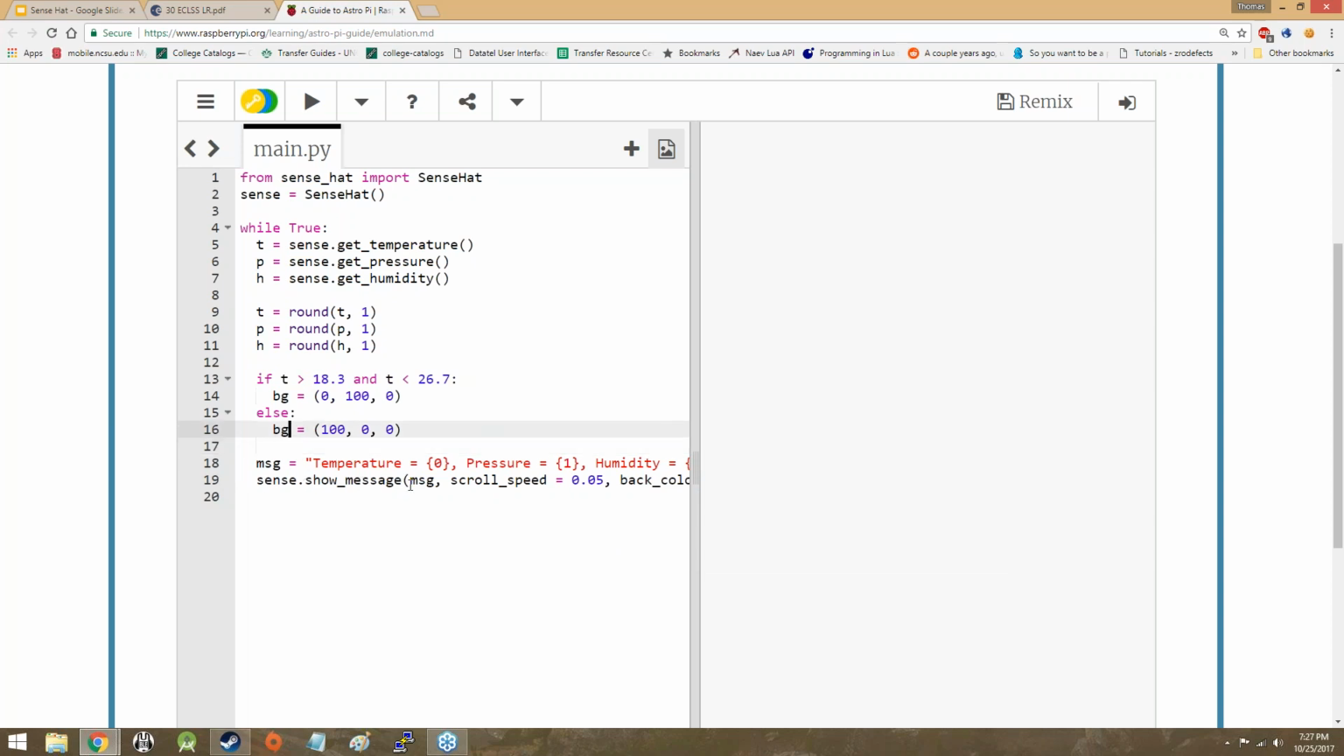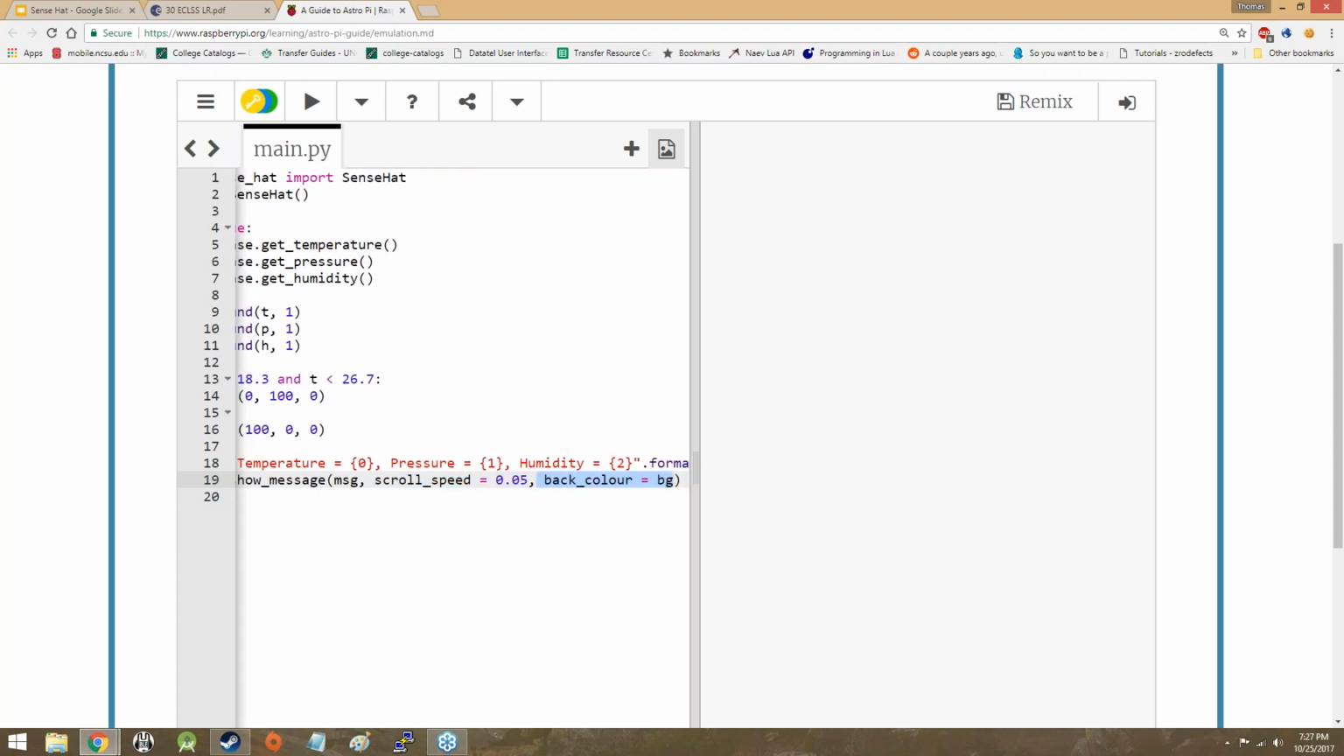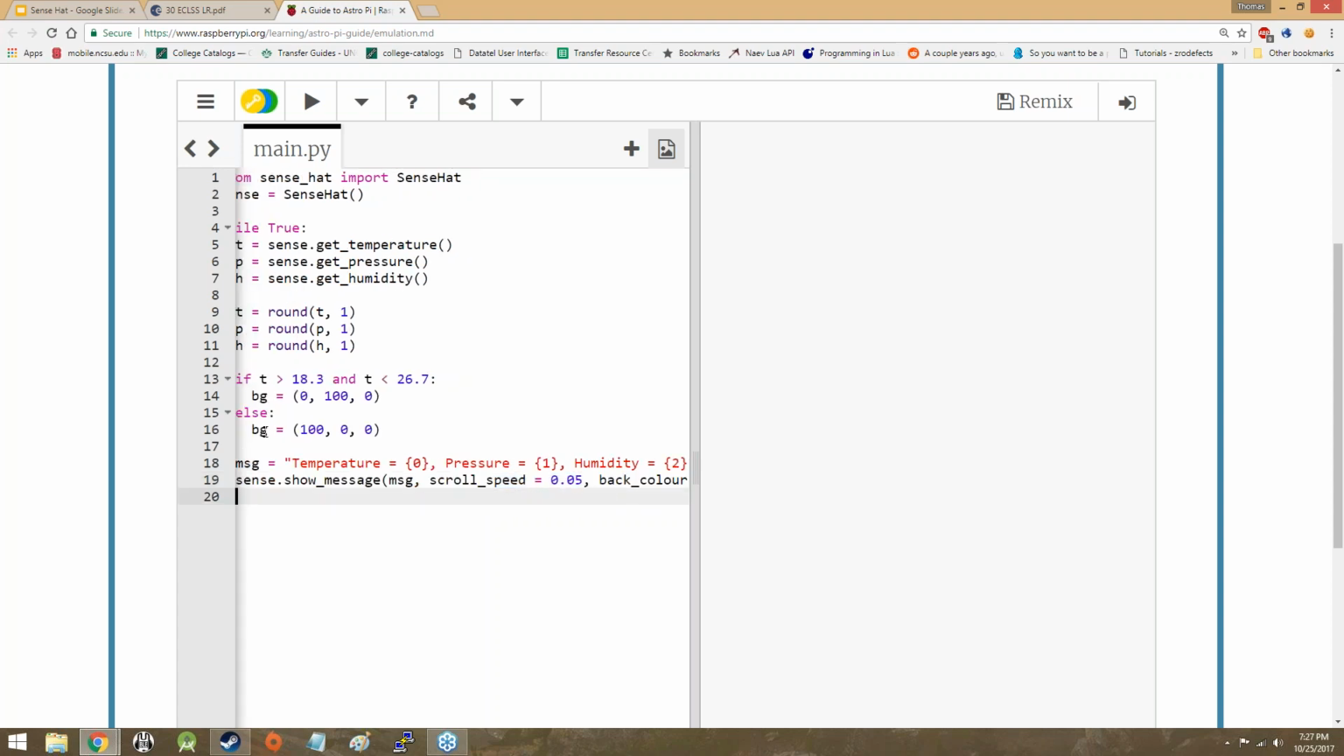So sense.show_message, we're going to feed into it the message that we built, MSG, the scroll speed, which will control how quickly it scrolls, obviously, and the back color, which will determine the background color. And that's just going to be filled with the background value. As soon as our temperature comes out of one of these acceptable ranges, the background will switch from green to red. So if we were to run this,